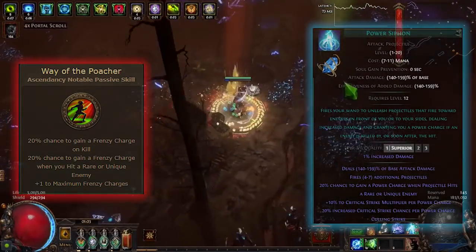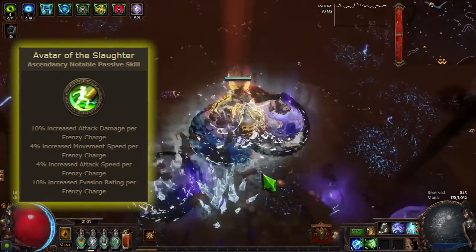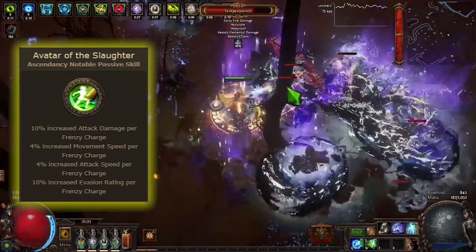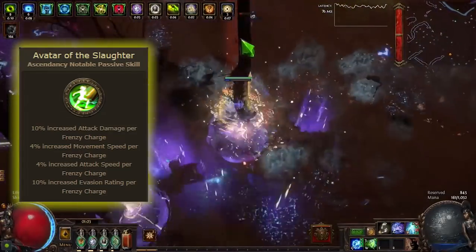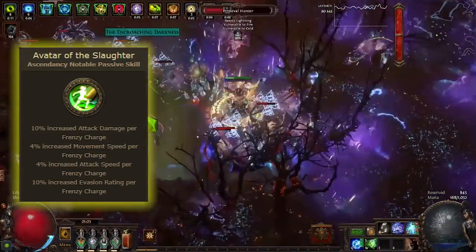And finally, Avatar of Slaughter. Lots of bonuses per frenzy charge. This is how to be tankier and also more DPS and movement speed. So once you enter a map, you will notice that the character is super slow at first, but once you attack a single pack, you will probably have those frenzy charges ready, and bam, you will start feeling the character,